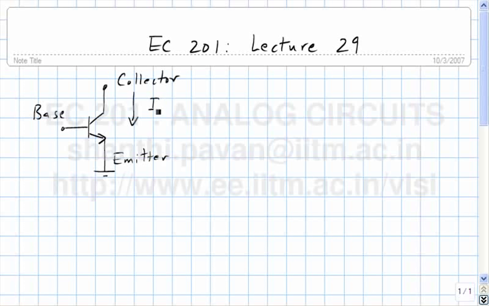This is the collector current IC, and we also found that there is a new effect in that the base current, unlike in a MOSFET where the gate current was 0, the base current here is not quite 0. It is a small fraction of the collector current, and the collector current is the effect and is given by an exponential